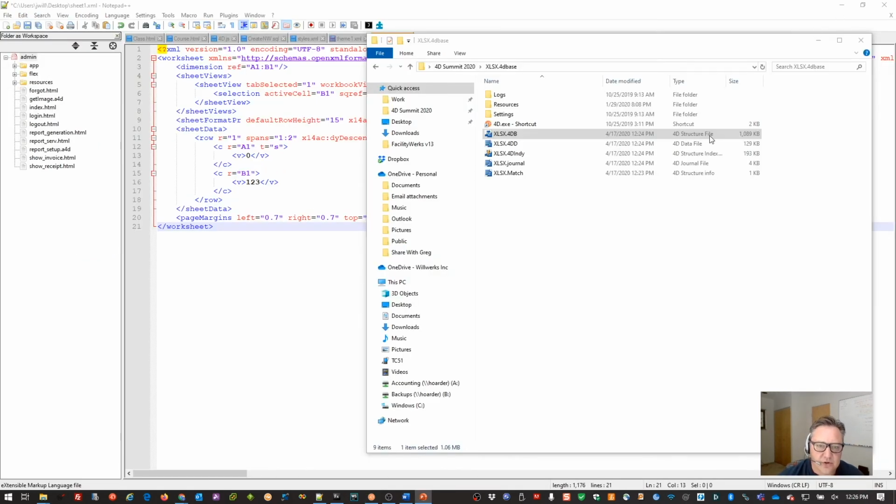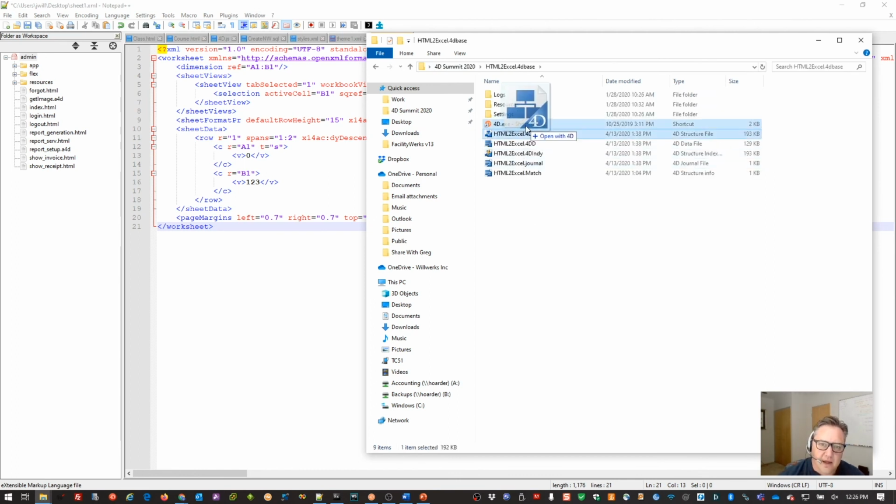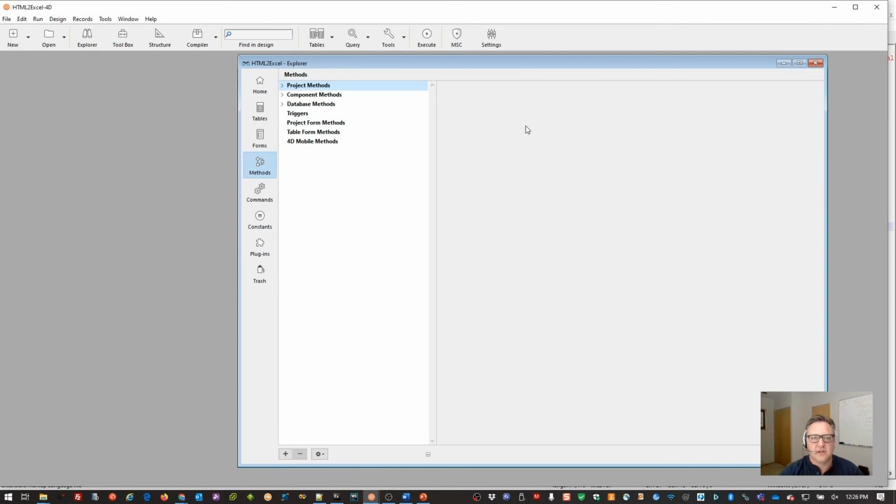Let me show you that one. This one is called HTML to Excel. And, completely honest with you, this was stolen parts and pieces from an old Excel component that Miyako wrote years ago that uses automation